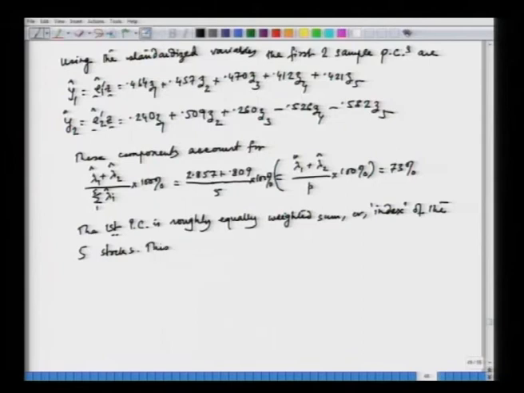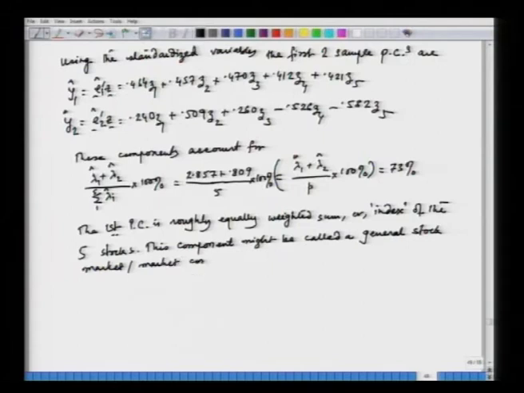This component, this principal component, that is y1 hat, can be thought of, might be called a general stock market or just a market component, right. And the second principal component, the second PC, represents a contrast